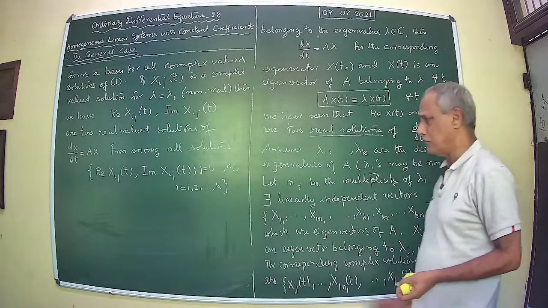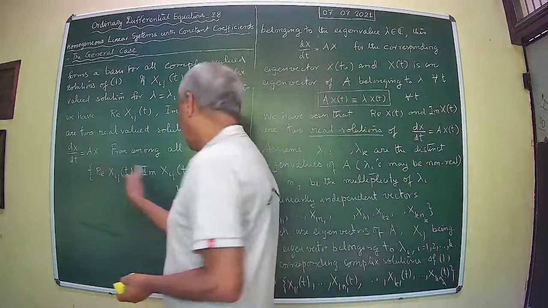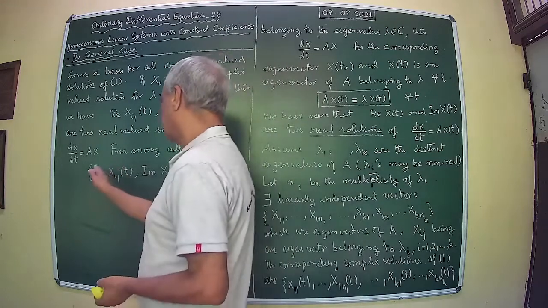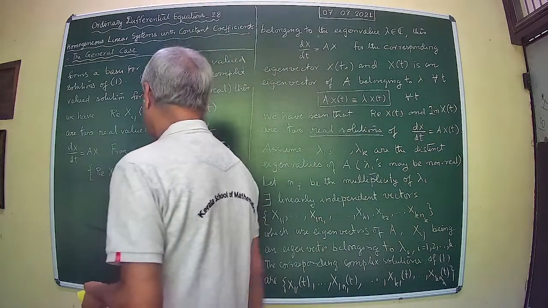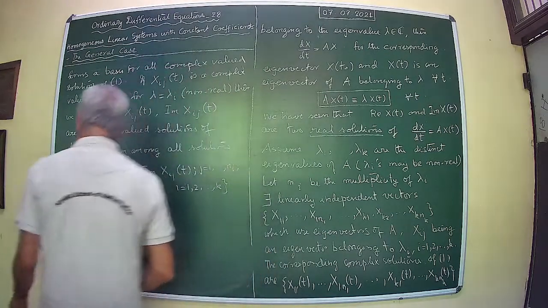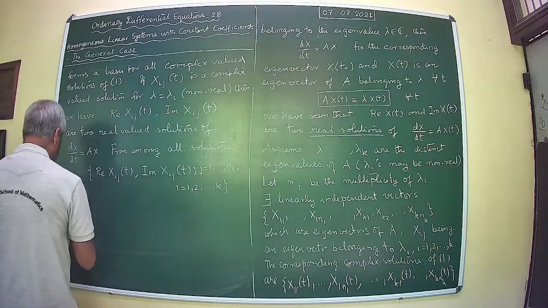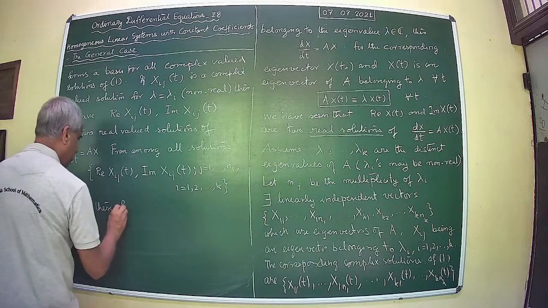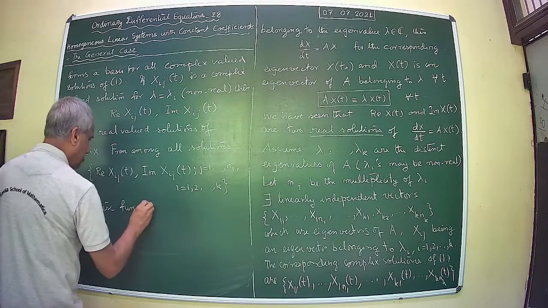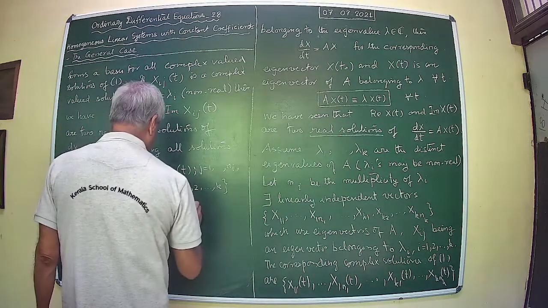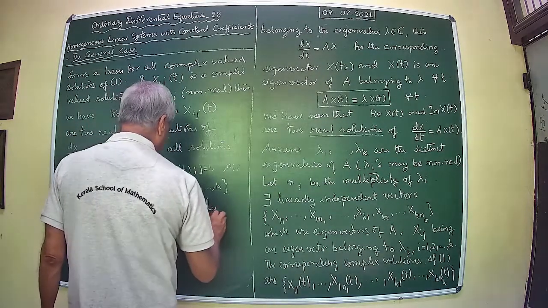So you will get at most 2n linearly independent real valued solutions of this equation, out of which precisely n of them are